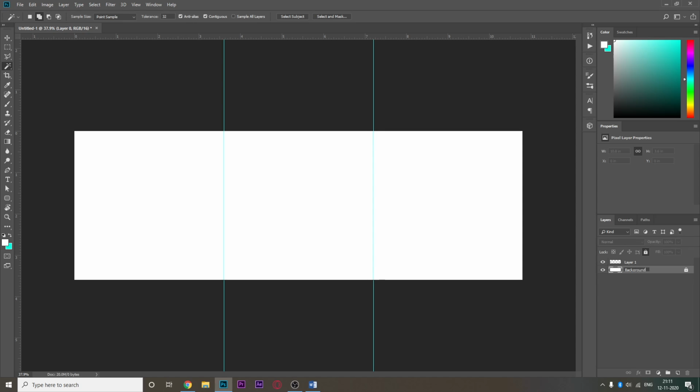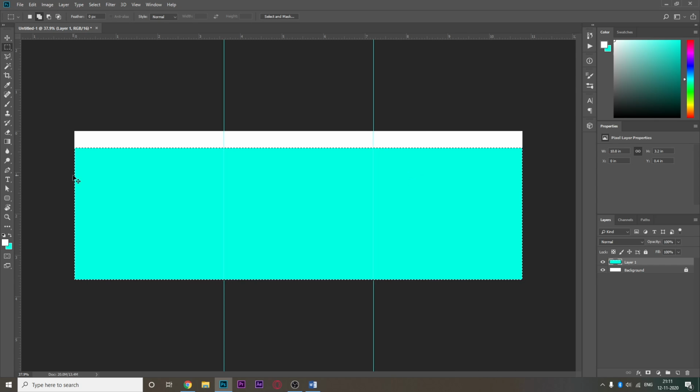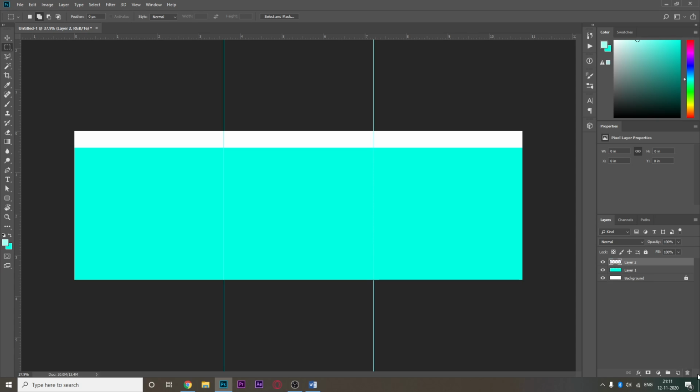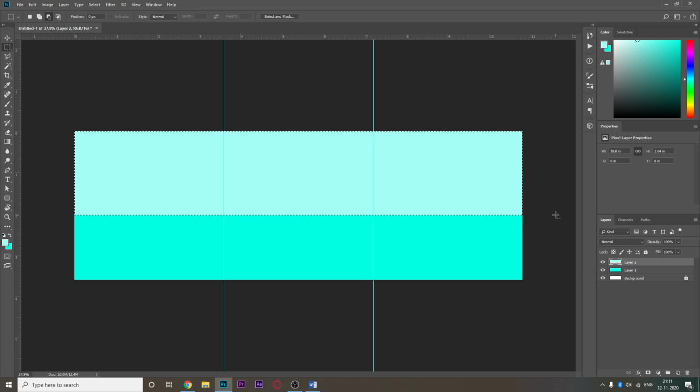I suggest you slowly get the idea of naming the layers. So if I am coloring this, okay, I chose that layer. I selected this, and I pressed Control Backspace. After I press Control Backspace, it filled the rectangle that I drew. This is very useful, Control Backspace fill, because you will be using a lot of colors. So now this layer is there. Now I create a new layer. Okay, Layer 2. I'm not naming it right now. Layer 2, and I do this. So I press Alt Backspace to use the lighter color that was above.